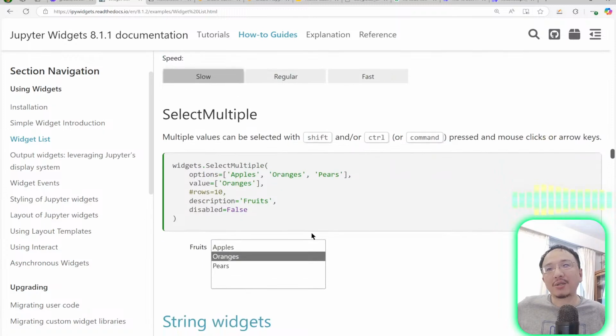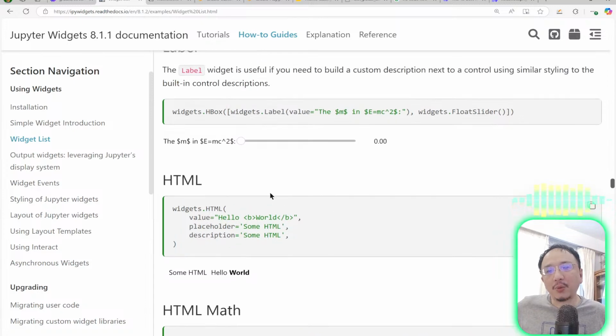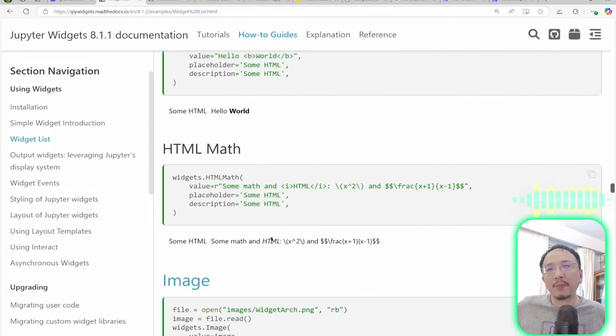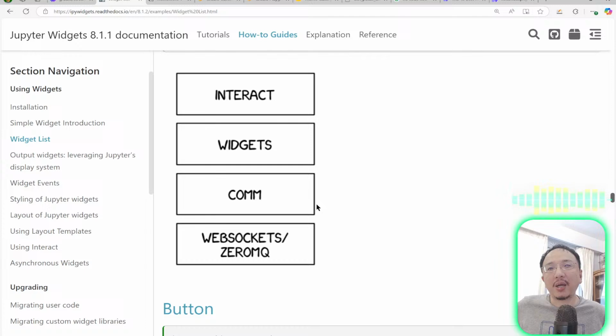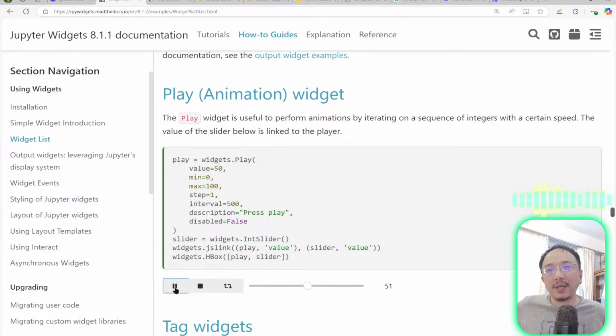You can not just show it down. You can see a lot of them, like a password, and HTML. It can do mathematics right here to display things, and it can display images and buttons. It even has support for animation. It is more generic animation, not only image animation, because this is a widget that can have some callback to other widgets, so you can update the image, make it a video, or